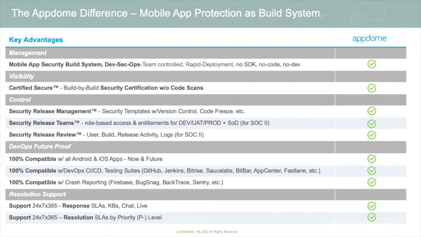A build system to generate and build the required protections into mobile apps, no code, no dev required. Full control over protection choices, including anti-fraud, overlay, keylogging, clickbot, encryption, malware, obfuscation, grasp, and more. Guaranteed compatibility with the dev team systems, including CI/CD, testing suites, crash reporting, and more. Complete security certification, build by build, release by release, to verify and audit the